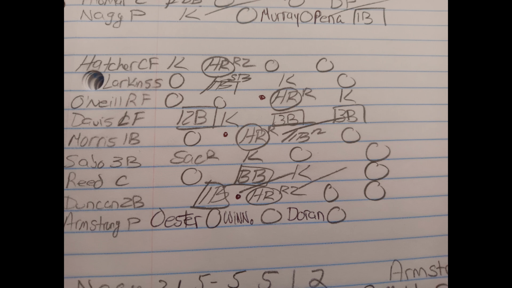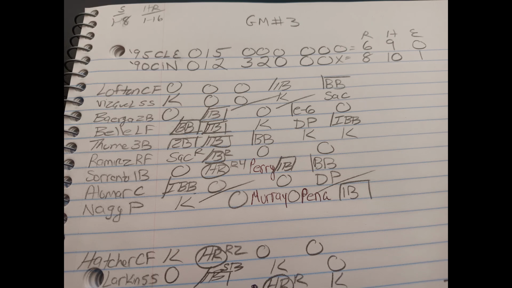I decide to leave Hal Morris in there. I think Hal Morris's card is just good enough against left-handed pitching, and I didn't want to do the switch that early in the game for the Cincinnati Reds in case later on in the game we were to see Jose Mesa for the Indians. And Hal Morris comes through with an RBI single. So Cincinnati leads 8-6 after 5, and you'll see that's how the game stayed,